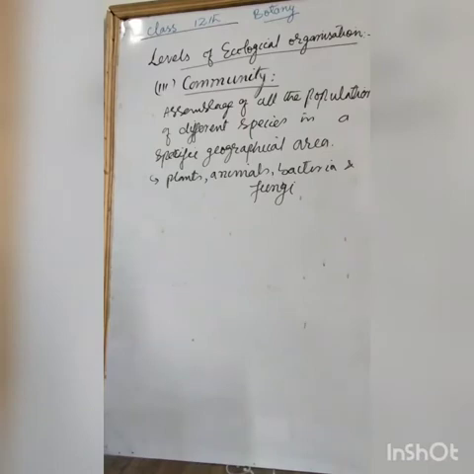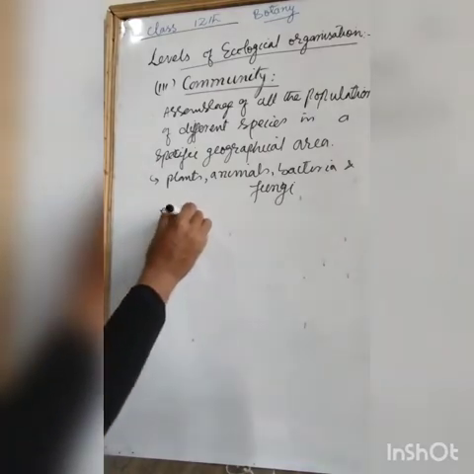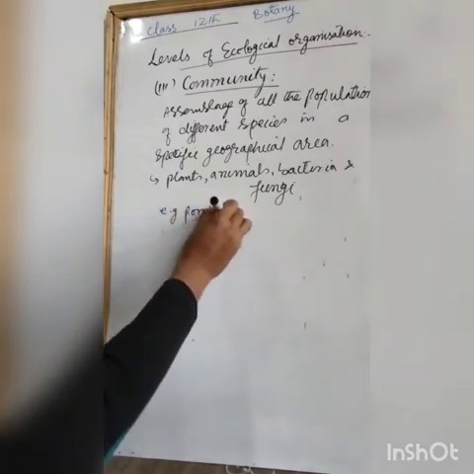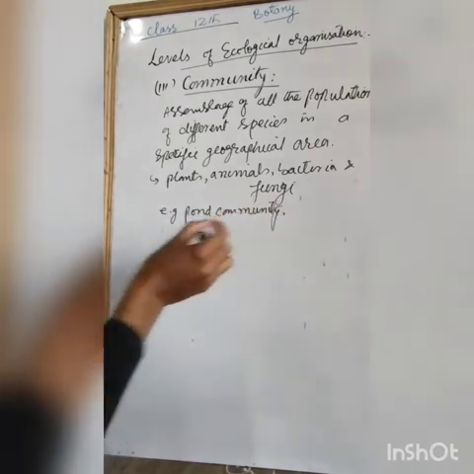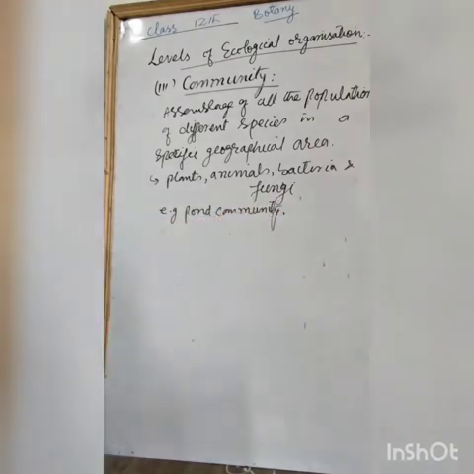In a particular area, they interact with one another through competition, predation, etc. For example, we can have a pond community. It is rather called the biotic community. We have the forest community, we have the desert community,